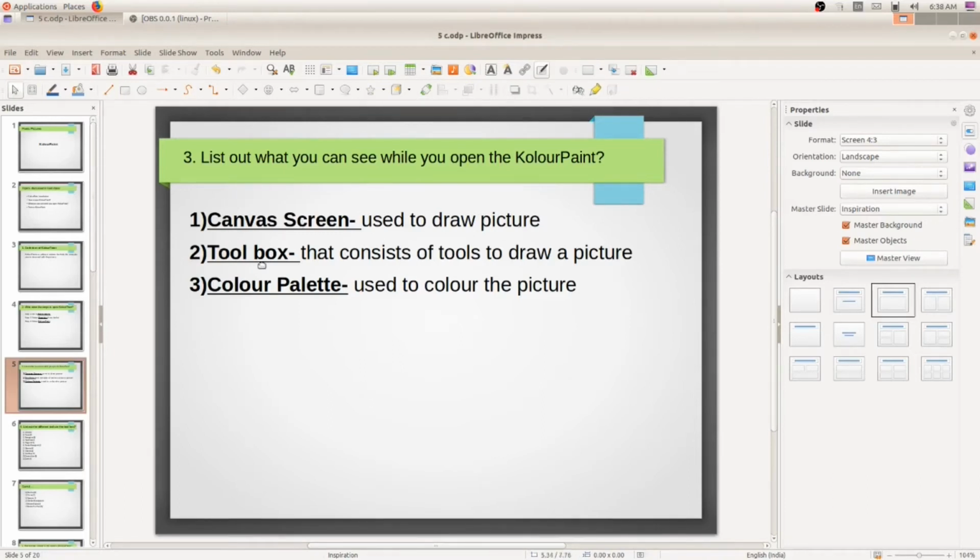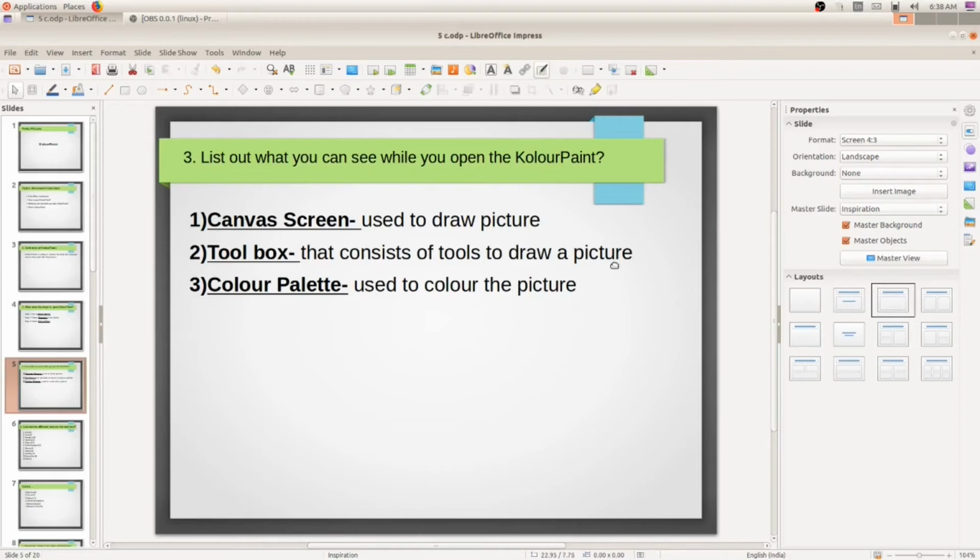What is the second thing you can see when you open the color paint? Toolbox. The toolbox will be on the left side, and it consists of tools to draw a picture.